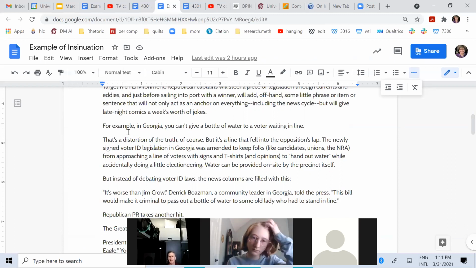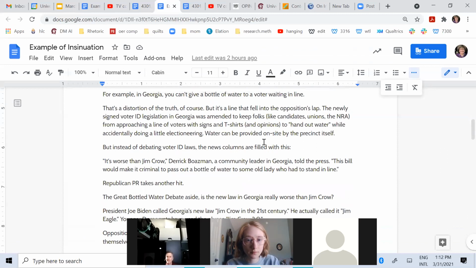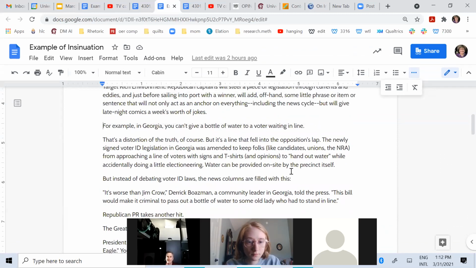Now, there's a perfect example of setting up a kind of mystery. And then it says, that's a distortion of the truth, of course, but it's a line that fell into the opposition's lap. The newly signed voter ID legislation in Georgia was amended to keep folks like candidates, unions, the NRA from approaching a line of voters with signs and t-shirts and opinions to hand out water while accidentally doing a little electioneering. Water can be provided on site by the precinct itself. Personally, I wish all those people would not be allowed to campaign right at the election booth. It kind of bugs me, but